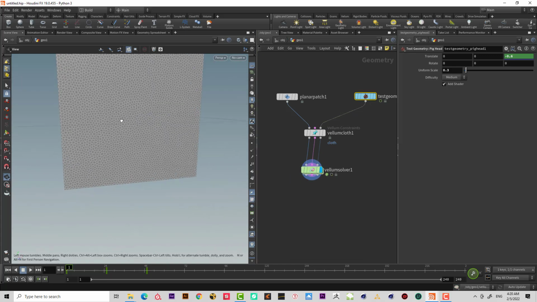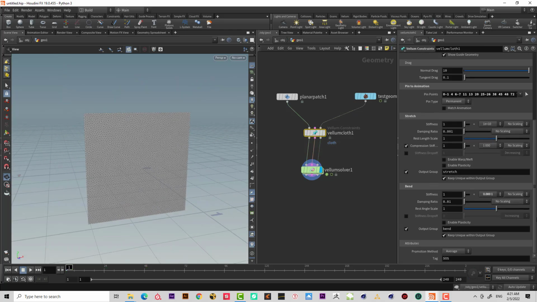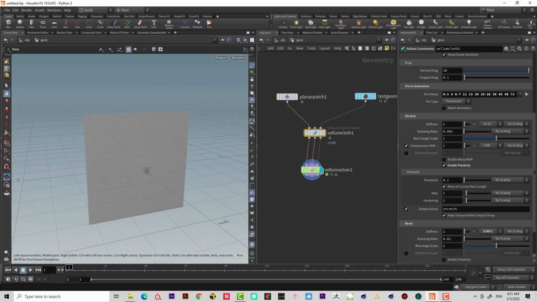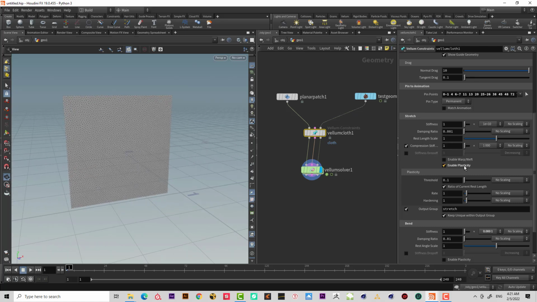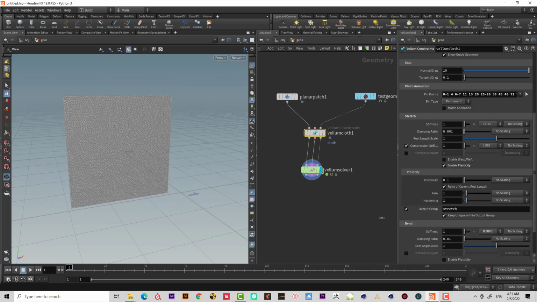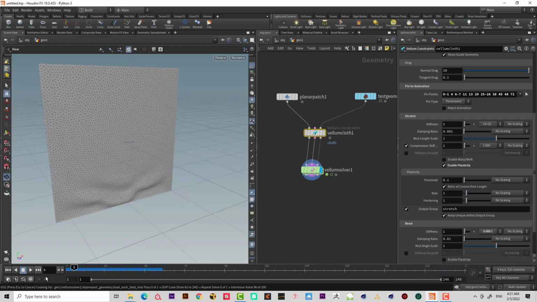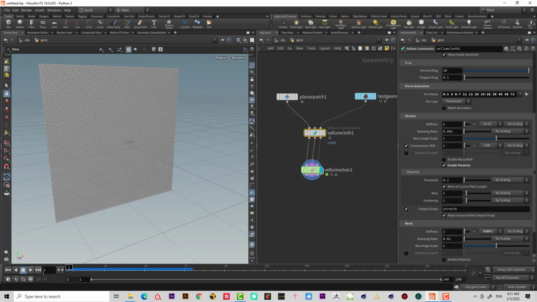So back to our topic. Now let's test the plasticity. Let's see what plasticity do. Stretch enable plasticity. As we can see here, we have a new panel called plasticity opened. Okay, let's see first if I hit play, see what's happening. Okay, so let's check what's happening. Not sure. Okay, yeah,